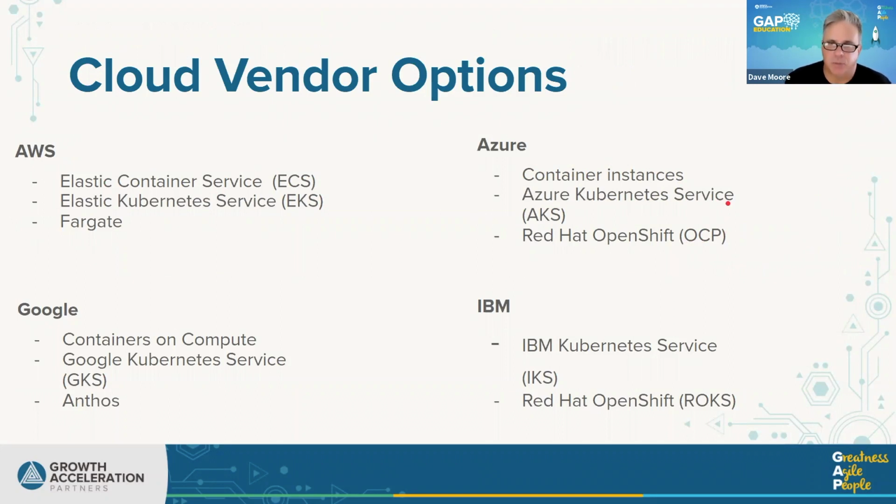Red Hat solution is pretty robust, not cheap, but takes a lot of the uncertainties and decisions away from you and says we'll handle the service mesh for you automatically. Then Google has their equivalent, containers on compute, Google Kubernetes Service, GKS. Everybody seems to have a KS, don't they? And then they have their Anthos, which is a pretty awesome on-prem versus public cloud solution that is gaining some traction. And then IBM has IBM Kubernetes Service, IKS, and Red Hat OpenShift Kubernetes service, which they call ROKS on IBM Cloud, and some customers are finding that an attractive option, although it is